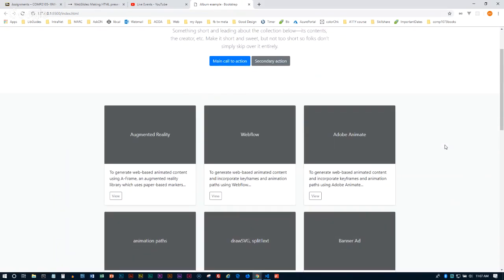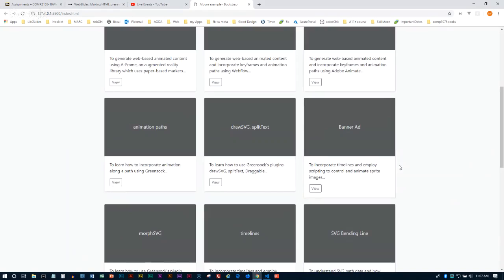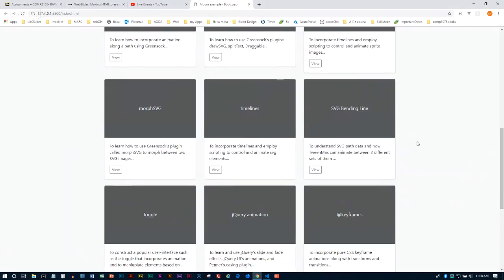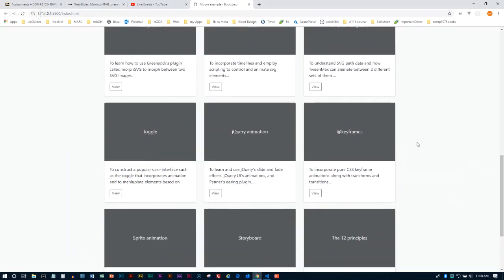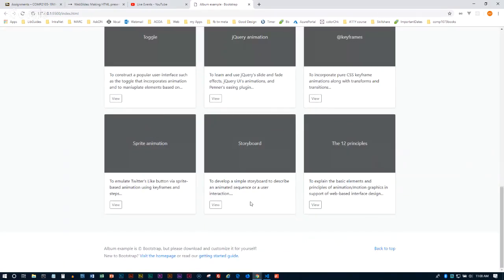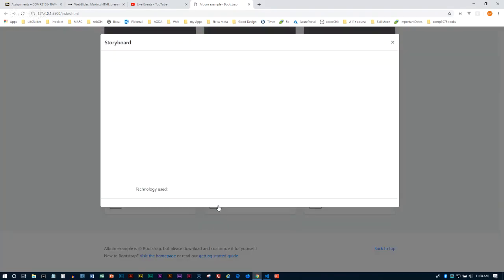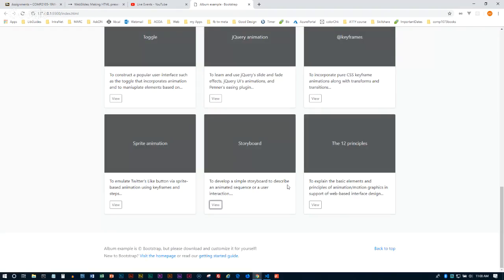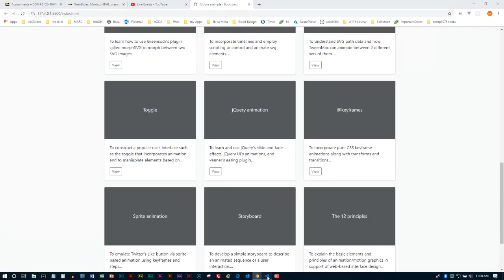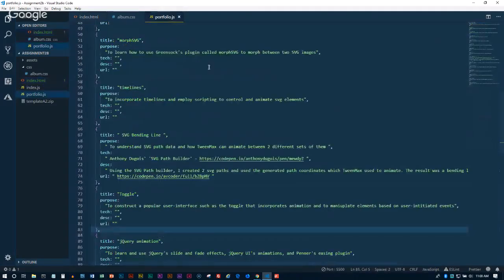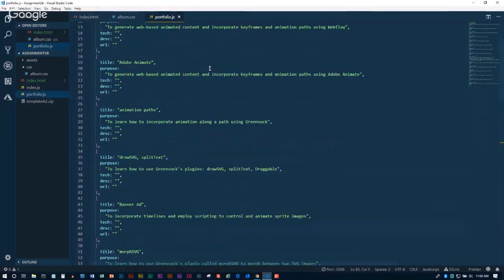So basically each card links to a different exercise or lab you've already done in this course. Let me show you the first one. I think I showed you this last time too. So here's the storyboard. Click on view. Oh shoot, I think I missed the PDF, but last week there was a PDF there. Which 3 did I use now? I forget. Portfolio, JSON, what did I use? I filled in